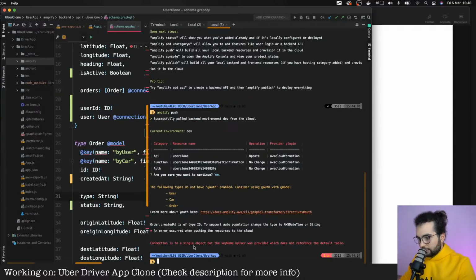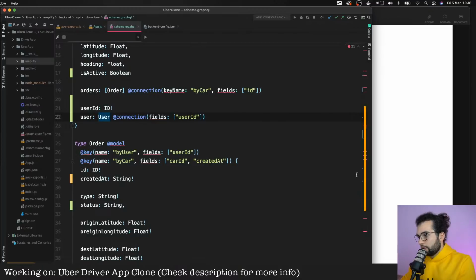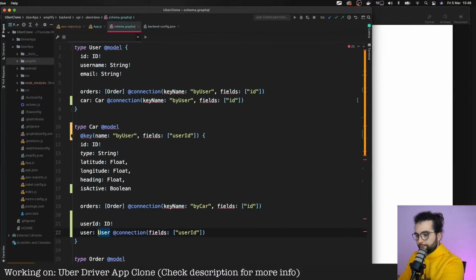Connection is to a single object, but the key name byUser was provided, which does not reference the default table. So here, all right, the car is connection.